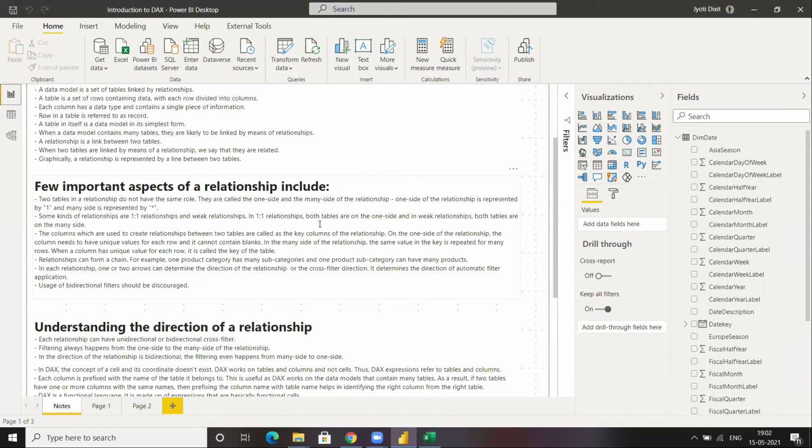So suppose one table corresponds to a client address. It has two columns: one is the customer key or client ID, and the second column is the address or the phone number of that client. But there is another table which contains the salary related information of that client.